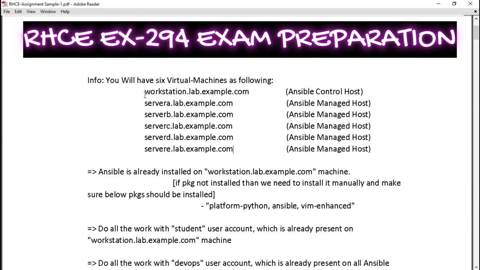So you have 2 choices. Either you can log into each virtual machine with the password given in your instructions and create all the playbooks and everything, or you can connect remotely, similar to SSH, from your base machine and create the playbook. It's up to you, and nothing is mandatory. You need to solve all these things like this. So all the tasks and all the playbooks you need to do on the workstation.